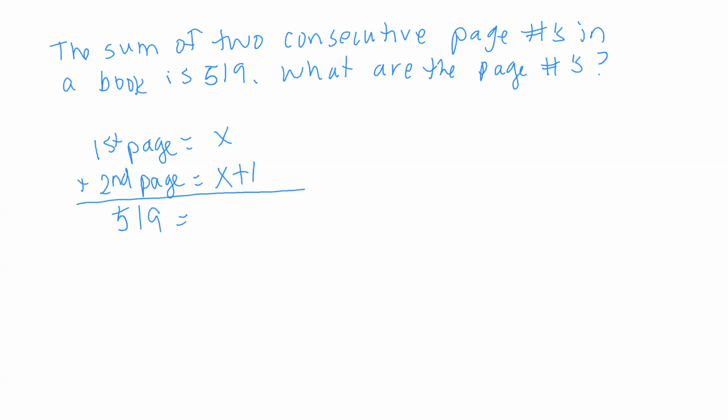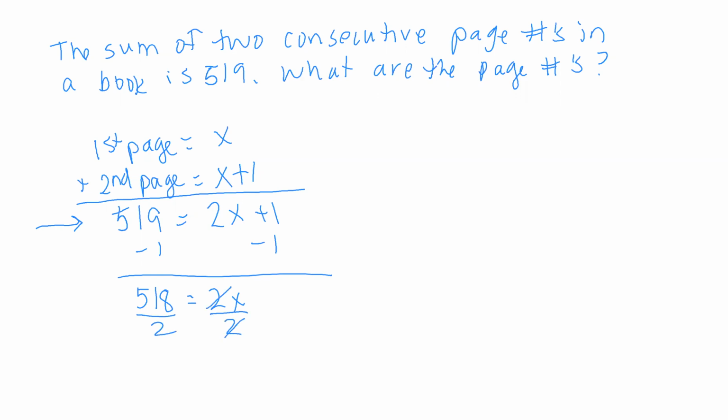So then x plus x is 2x, and then I get plus 1. So my equation right here is 519 equals 2x plus 1. Let's subtract 1. 519 minus 1 is 518. That equals 2x. I need to undo the multiplication of 2 and x, so I divide. 2's cancel, and 518 divided by 2, I think most of you can probably get this one on your own, but let's do it anyway, is